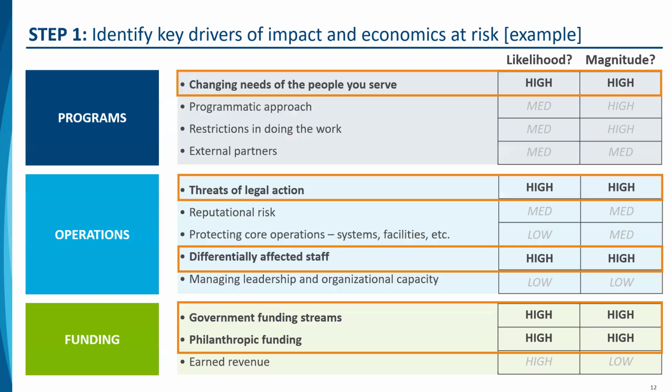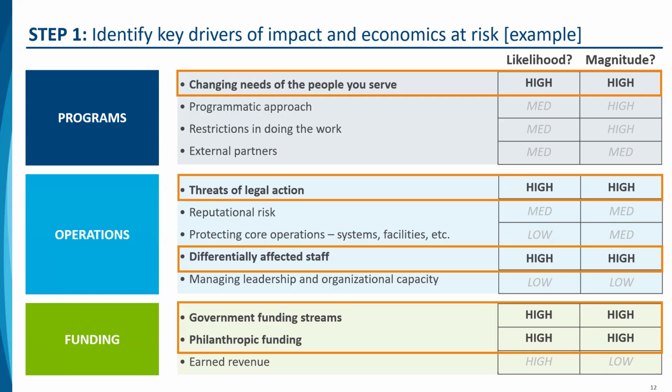And here's an example of what that might look like. Amma and I'll ping pong back and forth with each step and some examples. In this step one, identifying those key drivers of risk, it can be helpful to really just lay out these are the big risks we might face, and then assess how likely are they to occur, low, medium, high, and if they do, what's the magnitude of them? How big a risk is it, low, medium, high? And if you do this, then you can prioritize the smaller set of things in this crazy swirling world that you're going to dig in on to think about for your scenario planning.